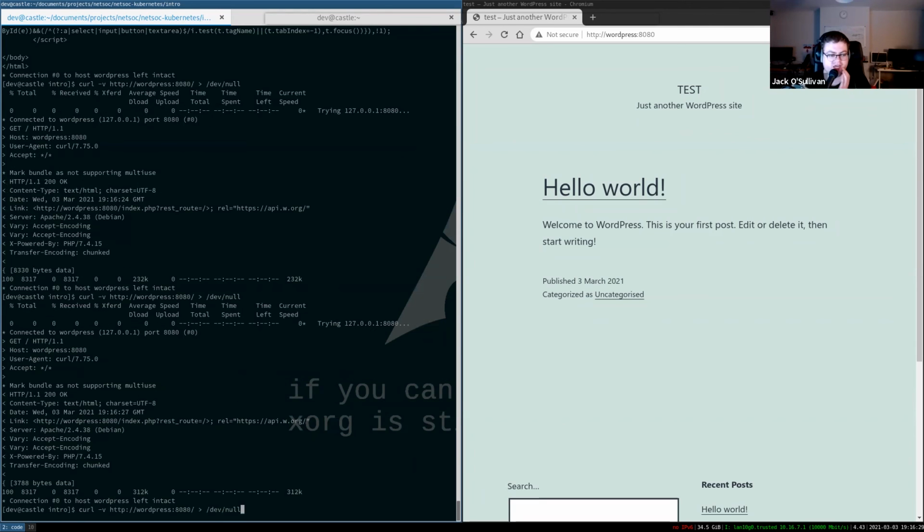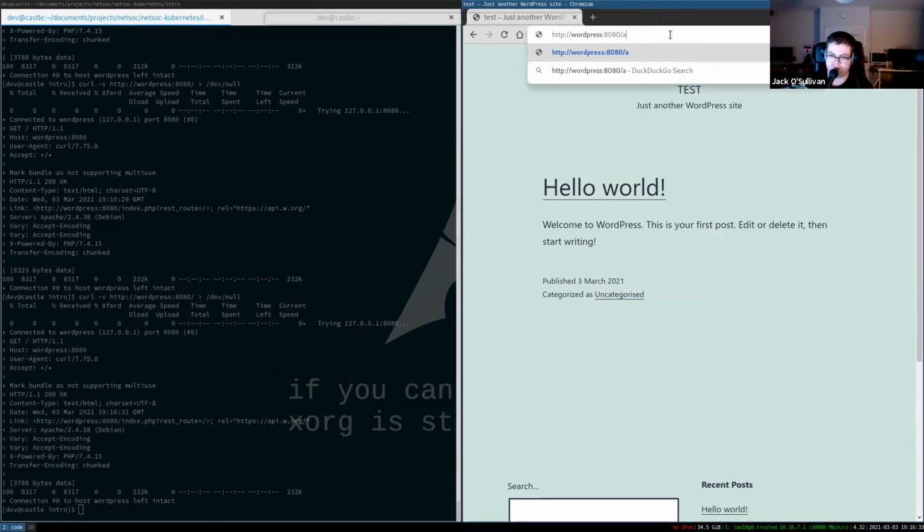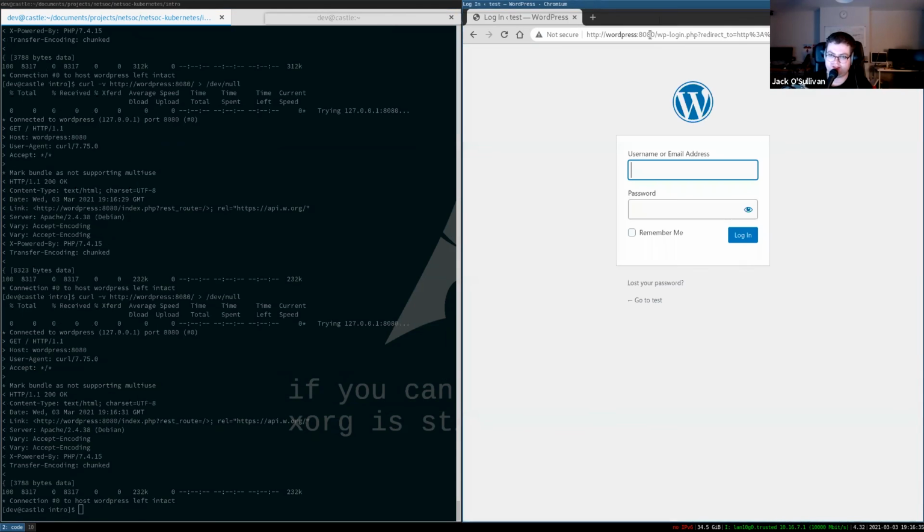You can't actually tell, but this is load balancing. So this is one of the problems with doing WordPress like this, is that this part will actually fail because WordPress stores part of its state inside its own PHP and not in the database. If I try to log in, this is probably going to fail. So yeah, you can see it's just dropped me back at the login page, and that's going to keep failing